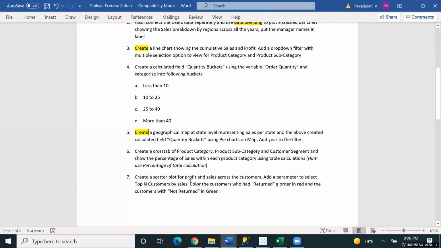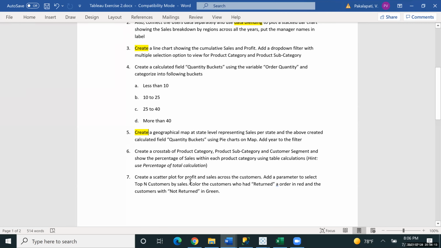My first question is, here in the scatter plot, I have created a parameter showing top N customers, right? If I change this, see, something is changing. If I'm giving 10, it should display only 10 customers, right? Am I missing something here? No, so there will be returns also. The customer can return also in that case. So if a customer has purchased something and he has returned something,